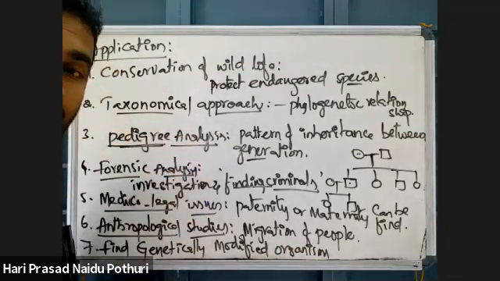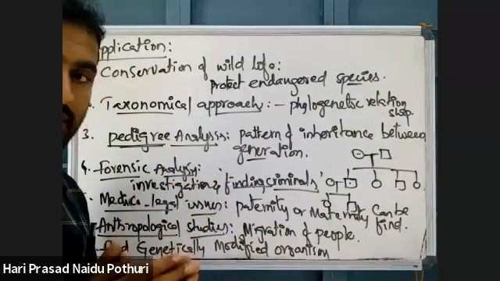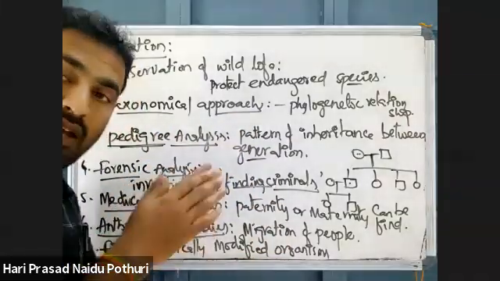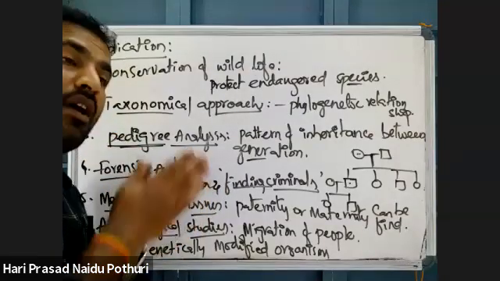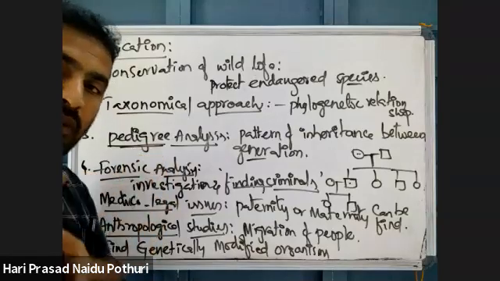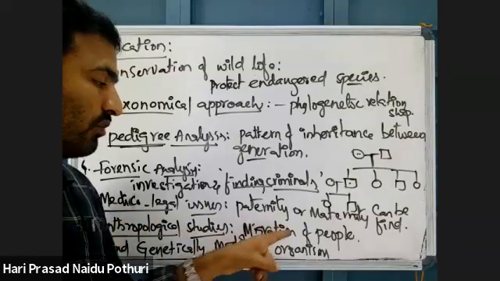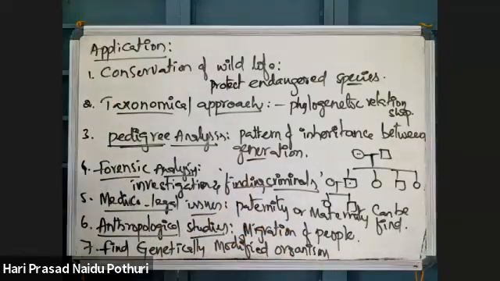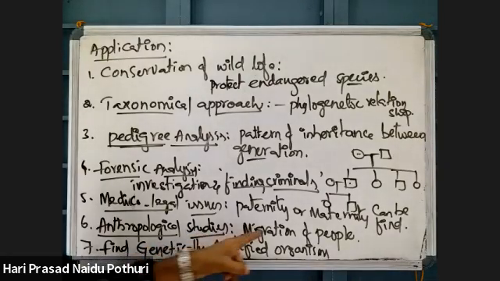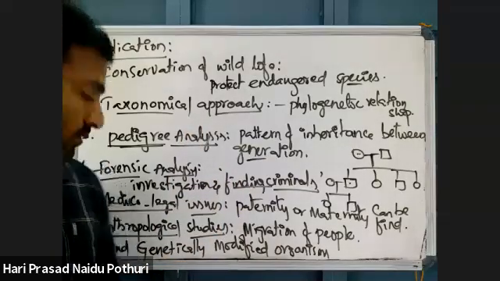By using DNA fingerprinting, they will collect the DNA and compare it with that of one place. The people of one place have some segments and sequences of DNA, so they have some characters. We can take that DNA and the person's DNA and compare the similarities, so that we can find to which place they originally belong. So migration of people from one country to another can also be found using DNA fingerprinting.